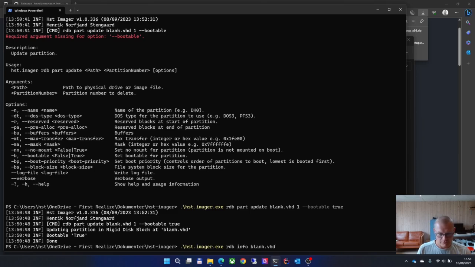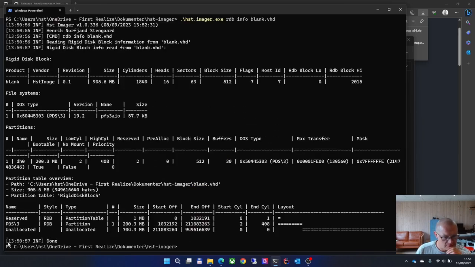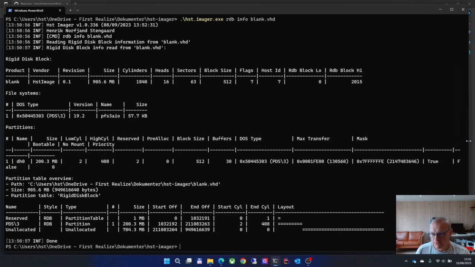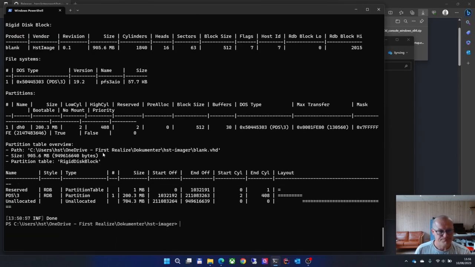Yes, and let's just confirm it by going to RDB info. So it says now I have one partition, PDS3. It's probably easy to see it up here. It says DH0, it's 200 megabytes, starts at this cylinder, ends at this cylinder, block size, which is pretty default, buffers default as well, and it's bootable. Yeah, it's not easy to see, maybe this will help a bit, not much. Anyway, now it's bootable. So let's add a second